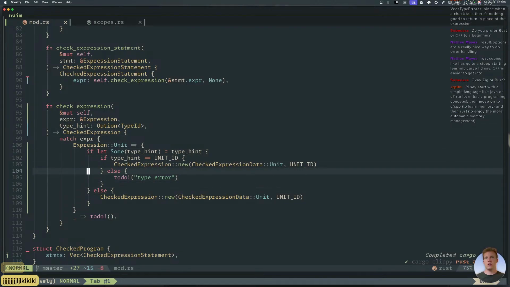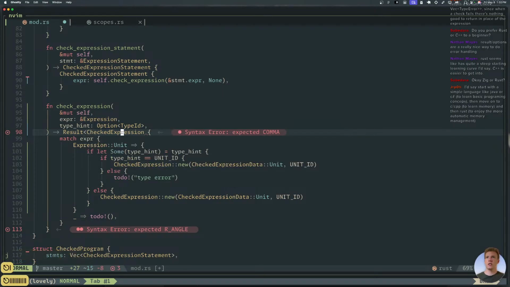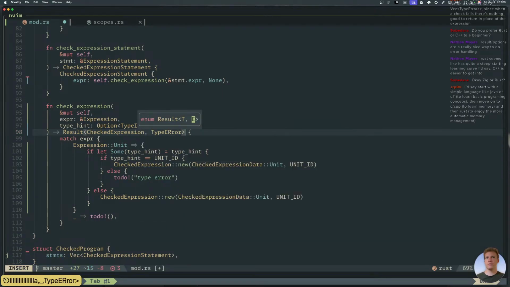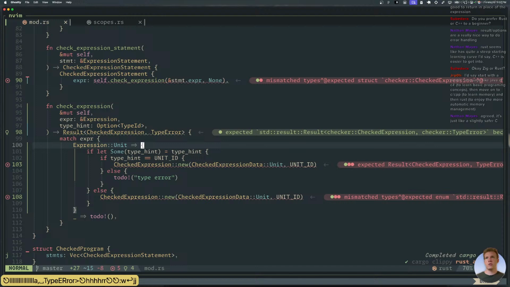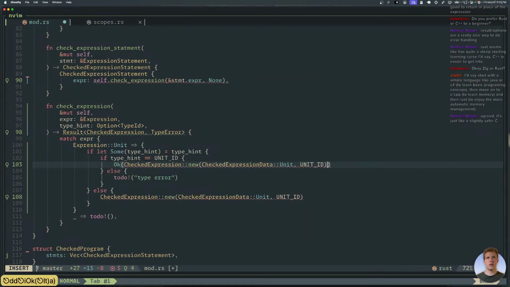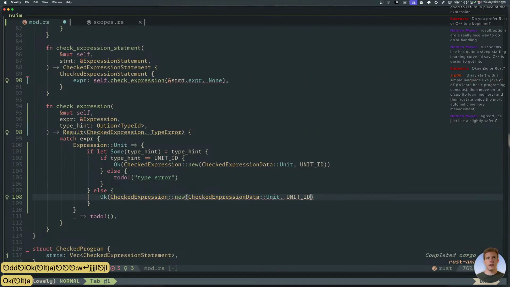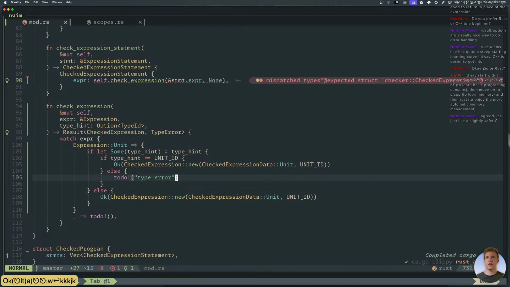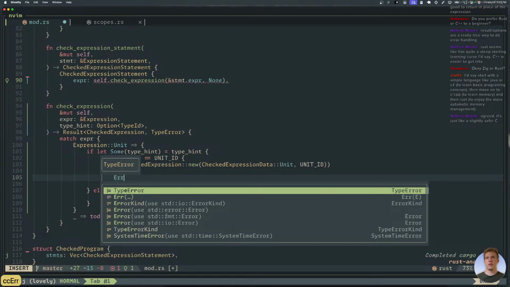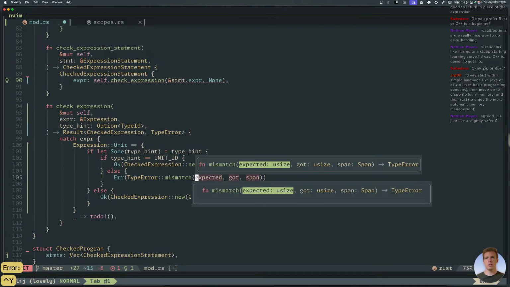All right. So yeah, we'll try this whole error thing. So result of a checked expression or a type error. This does seem the most intuitive way. So then these become okay and okay, okay and okay. Here we're going to return error, type error, mismatch.